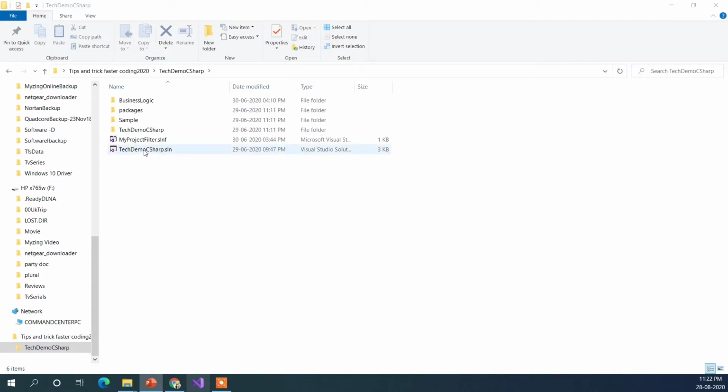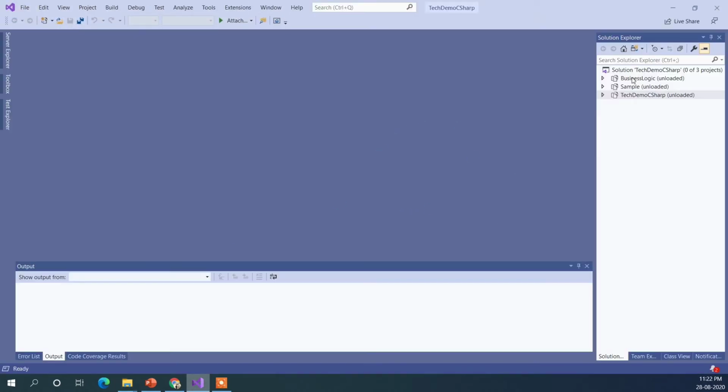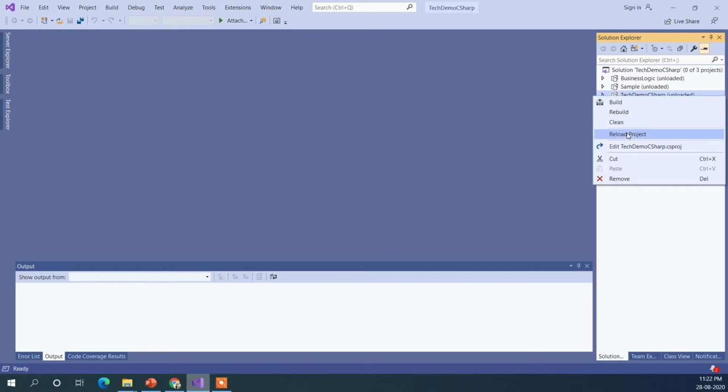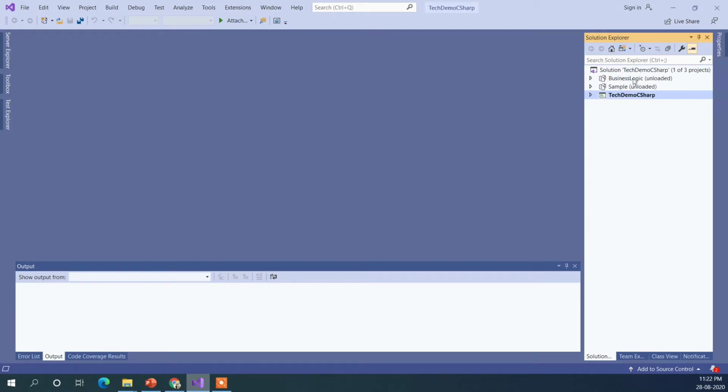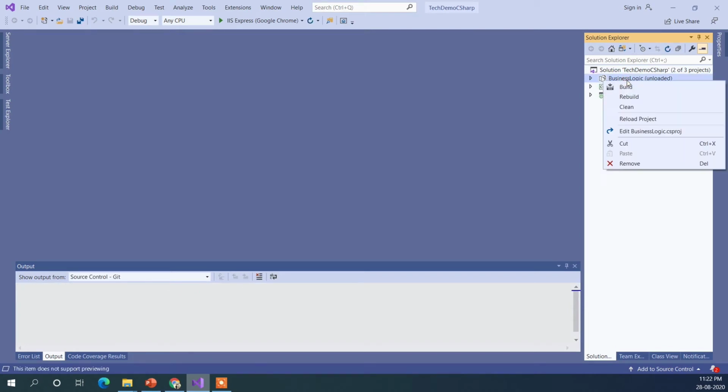So this is my project which I have built for the purpose of demonstrating. It's nothing but an MVC project, and it has one dependency project which is business logic, and another one is a very simple DLL project.